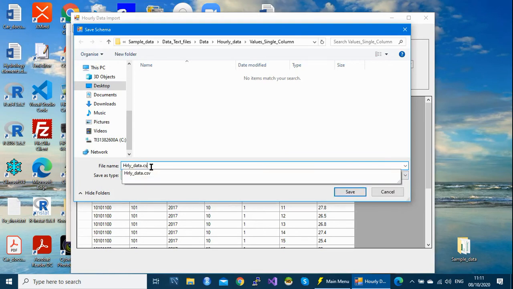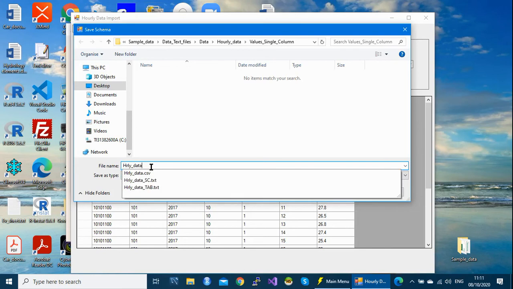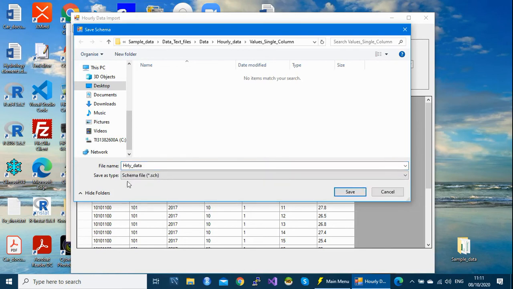So you remove the extension, and then as you can see here, we can say this is header. So we are saving our header so that this can be reused next time. As you can see, the type of this header is SCH. That means schema, the type of file. So if we save this, save,